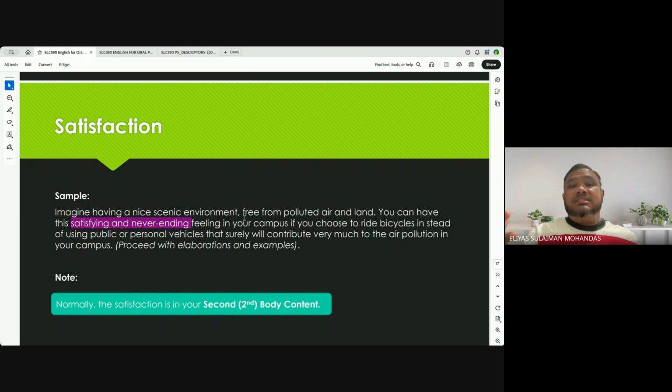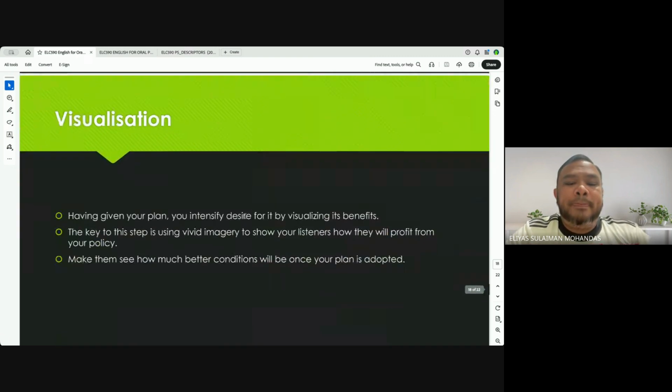So I use the word satisfying. Automatically, kalau saya dengar during a presentation, the word satisfying, satisfaction, satisfy, I should know yang you dah integrate dah benda ni dalam you punya second main point, which is your third paragraph. Yeah. And then the same thing juga for your third main point, which is your fourth paragraph, where